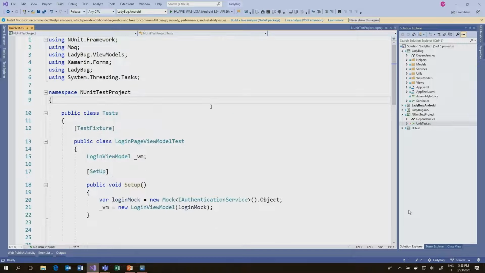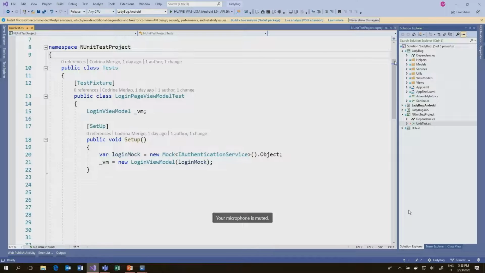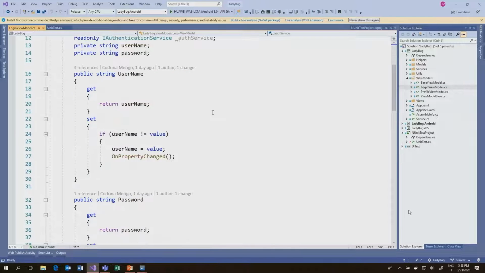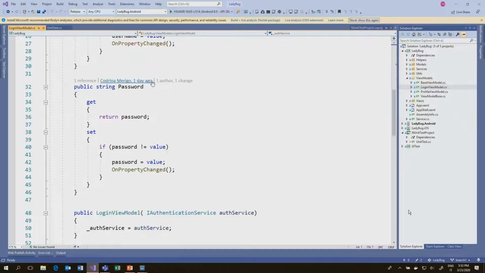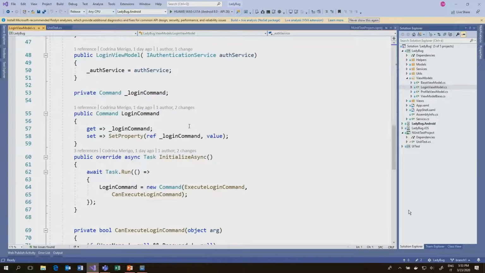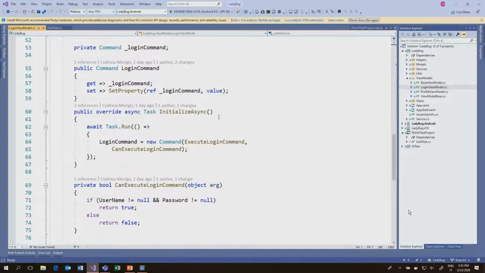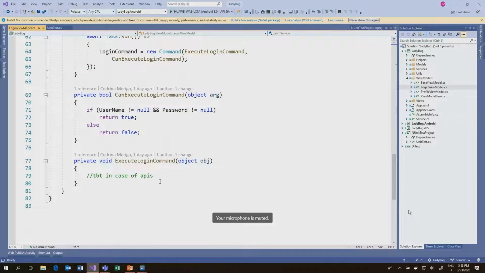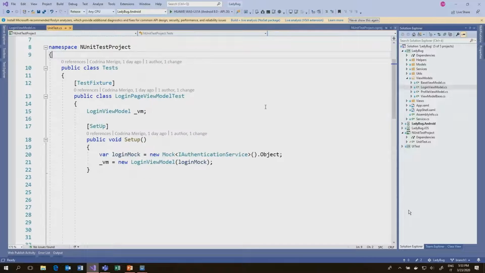And here I will be unit testing my login model. So in my view model, I have a very basic login model here, which has a username, which is a string, a password. I'm mocking also an authentication service. I have a login command, and also some basic checks here, and also a command that is fake because I haven't got any services here. Going back to my unit test,